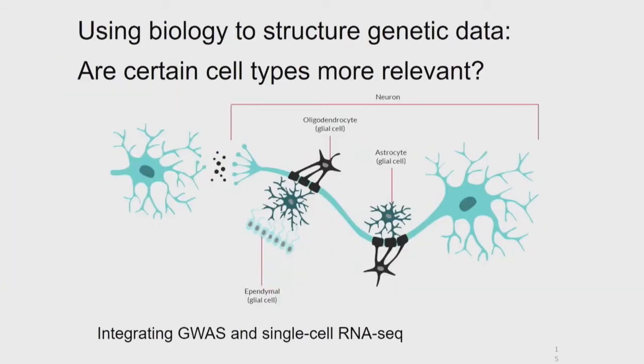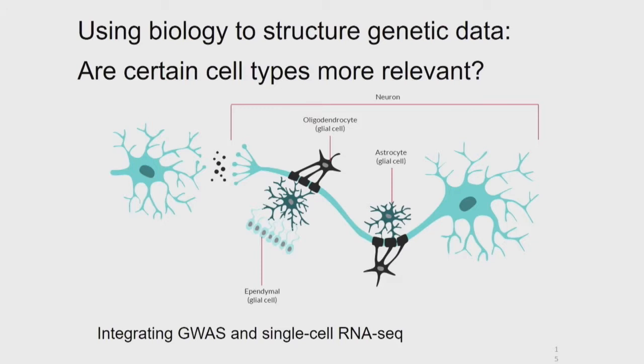So Nathan, when he came to my lab, asked a really simple question: can we use the biology of neuroscience to structure the genetic data? Because it turns out that these genetic data are largely unlinked, like a cloud. If you look at the schizophrenia literature, you'll find papers that support that any one of the brain's cell types carries pathology. You have a myelination deficit, you have changes in astrocytes, you definitely have changes in neurons, etc.